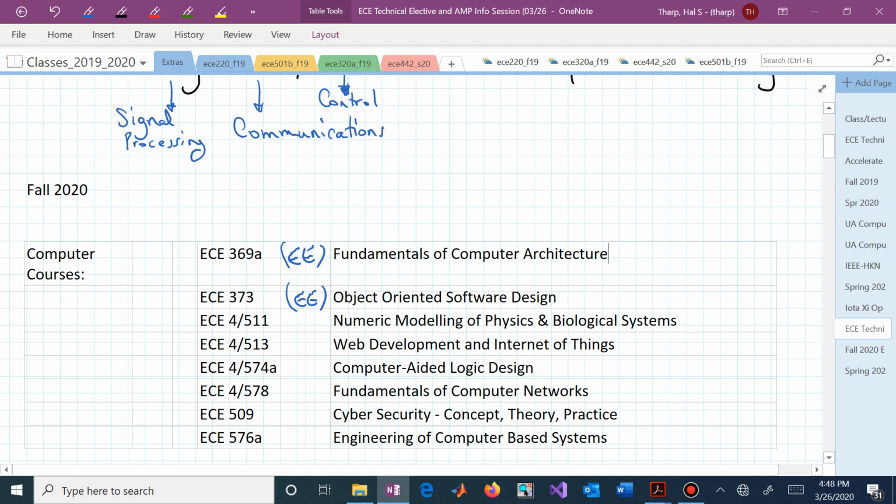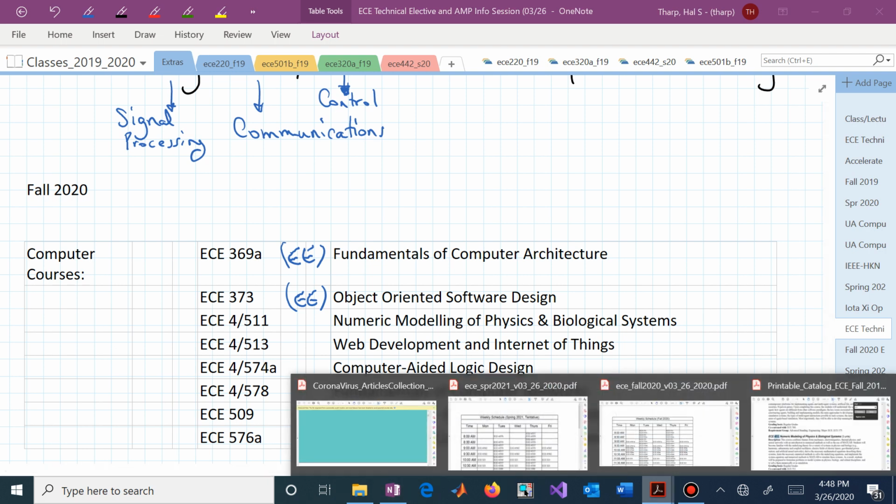And the AMP allows you to basically count the same class, let's say 511, towards your BS degree and your MS degree, as long as you are in good standing and follow through with the process. But 411, 511 talks about how you model these physics and biological systems. And if you want to know a little bit more about those, I'm hoping that you can now go to